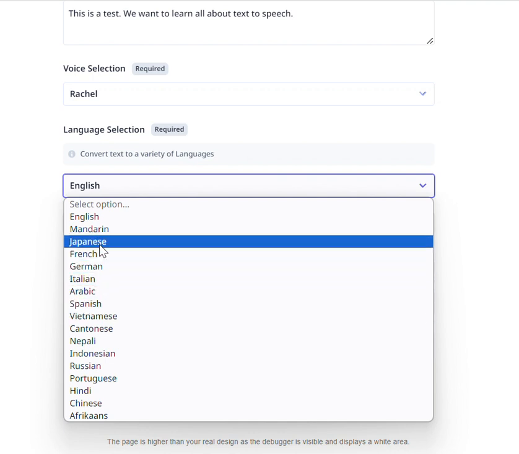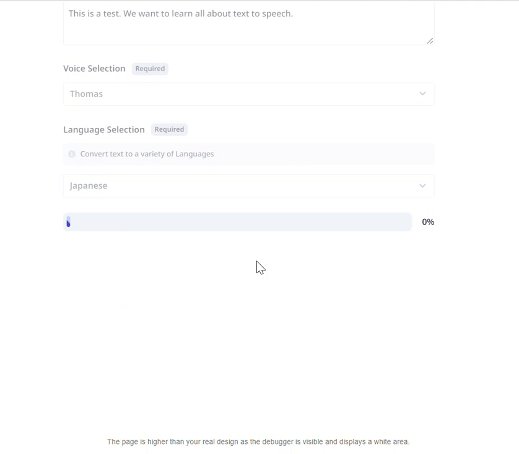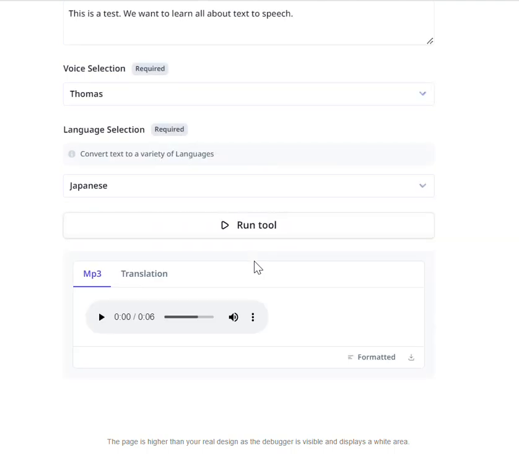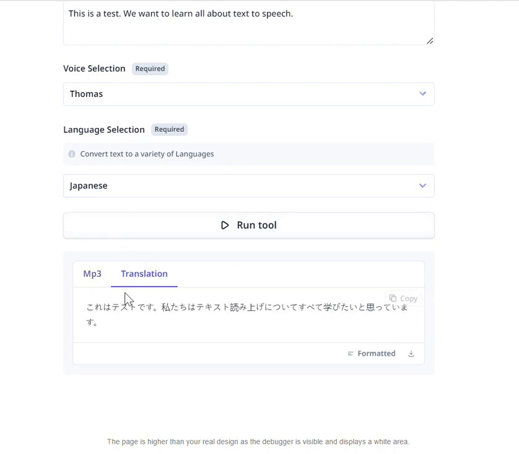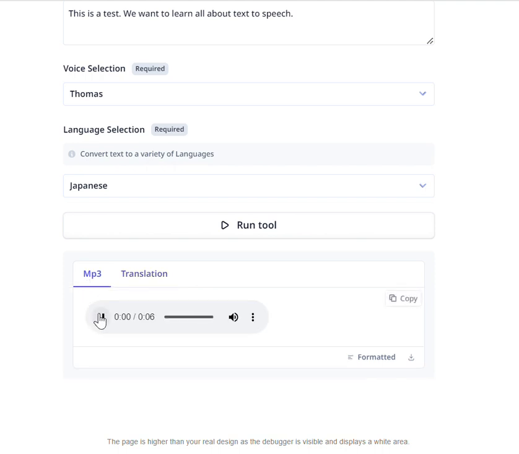So we'll just swap it over to Japanese, and we're going to swap it over to Thomas's voice. We're going to run the tool. What we're looking for here is an additional step will run because of the text that you've got. You've got your Japanese translation. You can copy that out. You have your original and your teaching material now. You can have a bit of a practice on how they would write that, or you can also have that backed up by